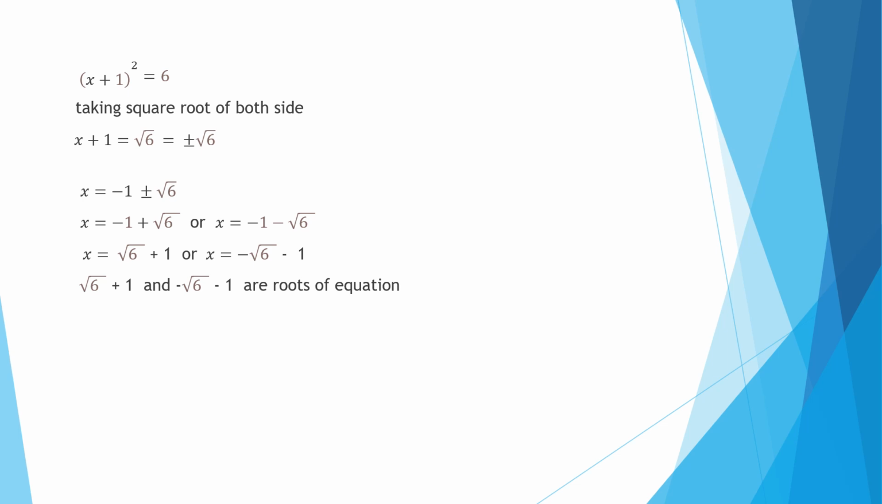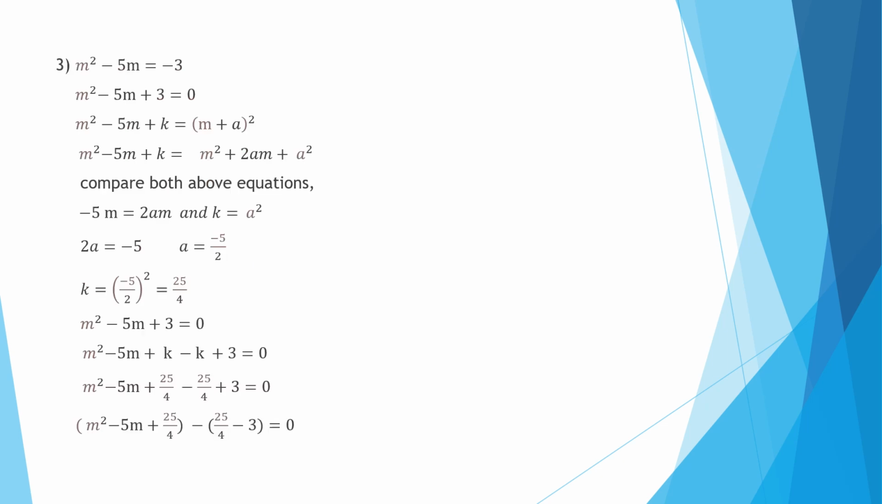We write x is equal to this; the plus 1 becomes minus 1, and we get minus 1 plus or minus root 6. Then x is equal to minus 1 plus root 6 or x is equal to minus 1 minus root 6. Then after arranging, x is equal to root 6 minus 1 or x is equal to minus root 6 minus 1. These are the roots of the equation. Next equation is